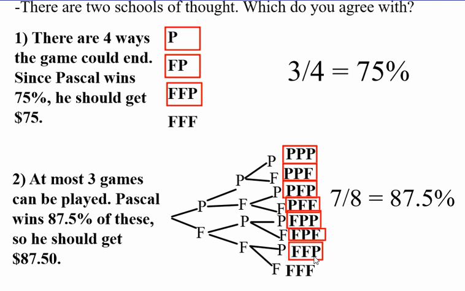So these are the 2 schools of thought. And we need to decide because there are different payouts depending on the schools of thought. So you can pause the video now and maybe think about which one you think is the most fair before I share with you what has been accepted as the most fair and why we logically accept that.